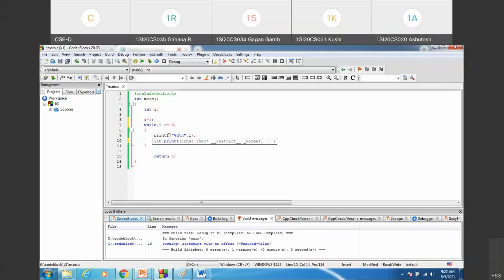So now what I want to do is read the value, that is, how many natural numbers you want to print. That we shall read during execution time. Here we have restricted it to 5, so we have given the constant in the test condition. But if I want to give it as a variable, how can we actually do that?